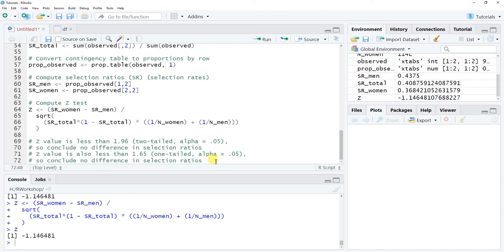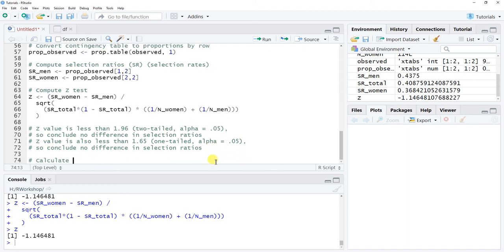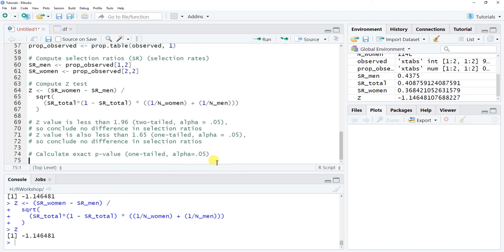Now, what if you want to calculate the exact p-value for a one-tailed test with alpha equal to 0.05, okay? So instead of having to remember what this cutoff value is, if you find it easier to remember the following, then by all means, please do this. We have a function called pnorm, all lowercase in base R. If you type in pnorm, and then abs, which stands for the absolute value, because we'll want to take the absolute value since this can be either a negative or positive value in terms of the z-score, and just put into the sole parenthetical argument of the abs function from base R,